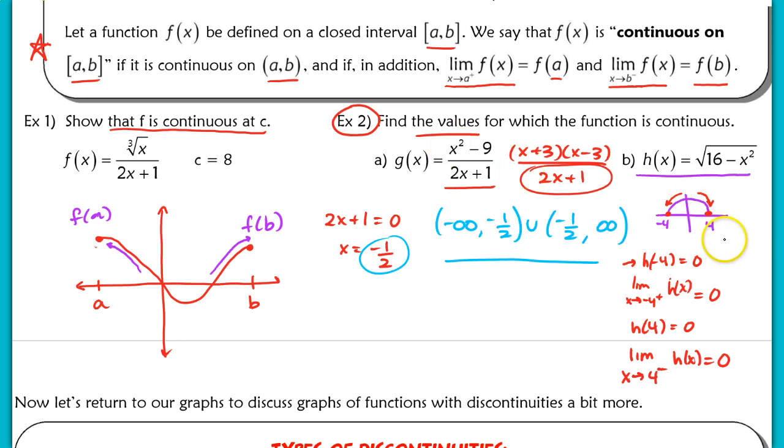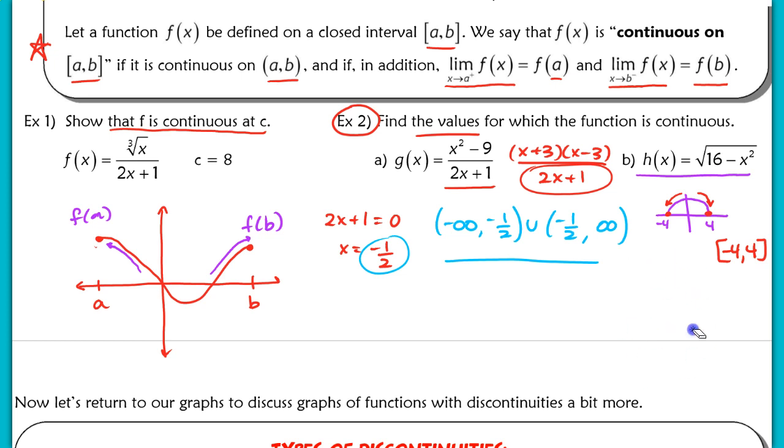We would write our answer here for the values for which this function is continuous as the closed interval from negative 4 to positive 4. Now let me erase this work real quick. So let's say you don't know what the graph of a function looks like, and here we have a square